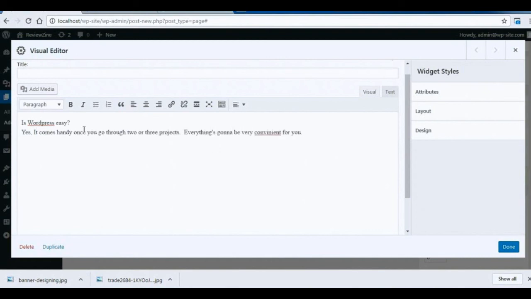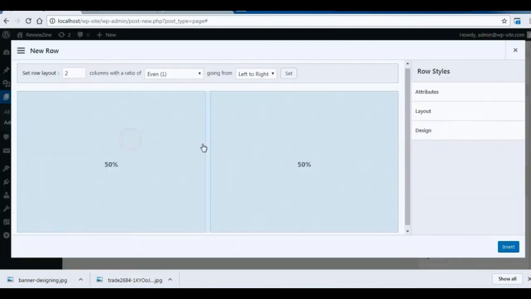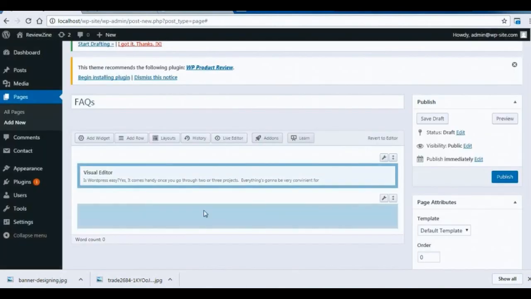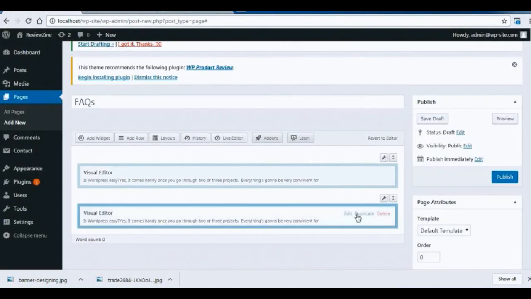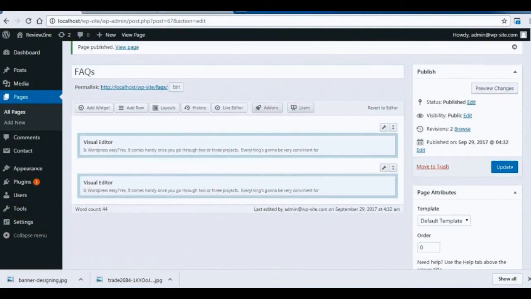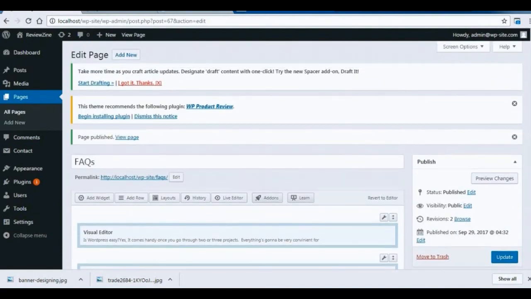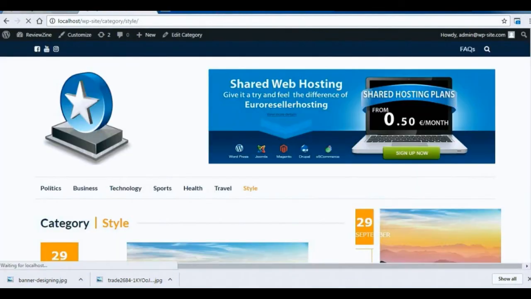Use the text editor to change its field, add new row, and add some more text. Save it. Alright, and you can publish it. Yep, that's done. Refresh the browser, and you can see that on the far right. Alright,